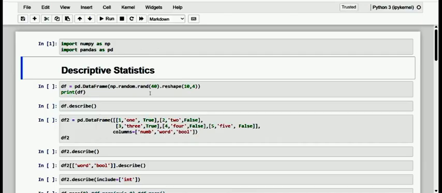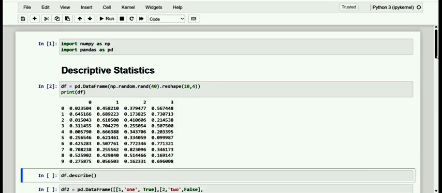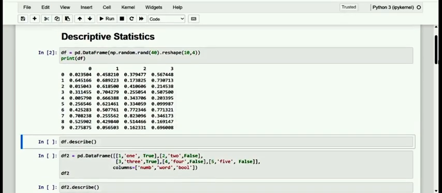So let me first create a data frame here with 10 by 4, with a total of 40 values, and kindly have a note of it. We have created it through random functionality. Now let me provide the describe method. This describe is launched directly on the data frame to be analyzed, and as the result, it is a table of descriptive statistics carried out at the column level and reported in the structure of a data frame.